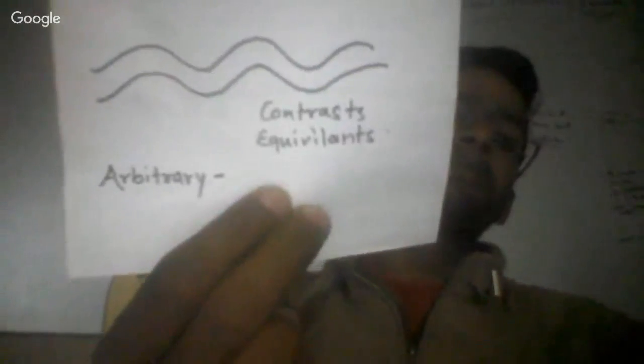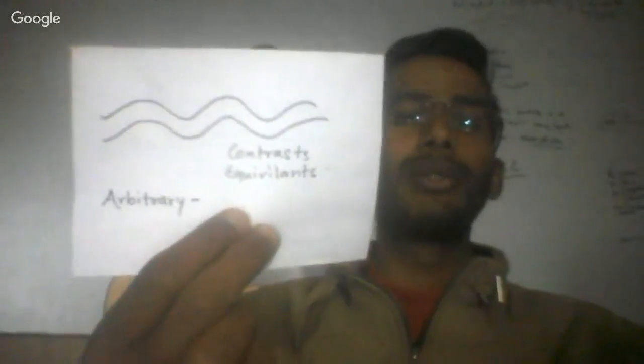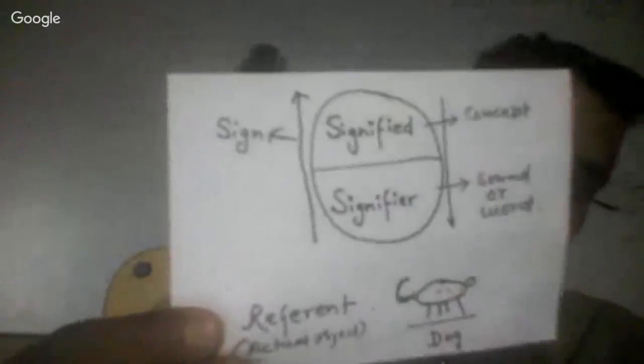But what structures did he talk about? Okay, he was talking about contrast and equivalent. If you can see this, yeah, contrast and equivalent. Actually, this is just opposite. How can I show you? Okay, so let me speak the words, and you can listen, and then we can discuss this. So he told that language, combinedly, has contrast and equivalent. Next thing he talked about, yeah, here you can see it's just opposite. But if you can